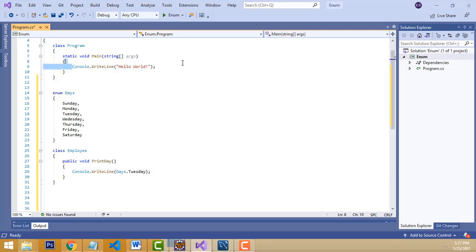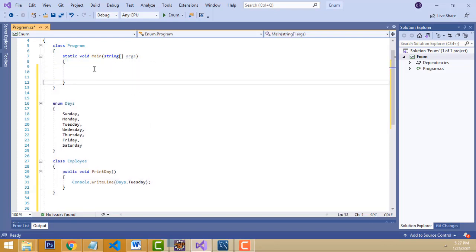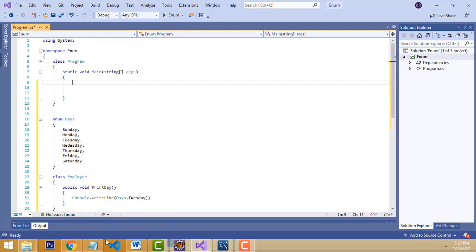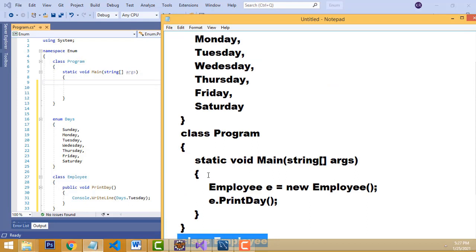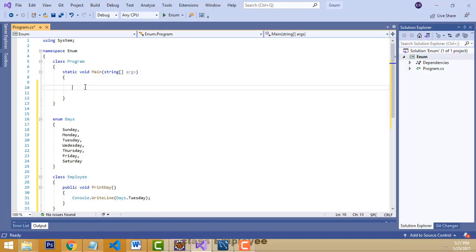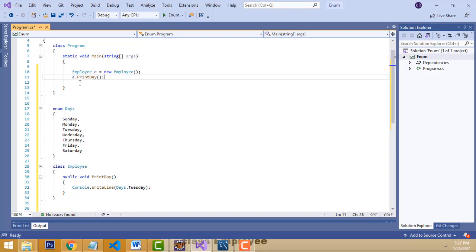Now I am going to execute inside the main method of this class. I already discussed all this stuff in our last tutorial, so without wasting time I just copy and paste it. This is our class name, and inside the main method we have to call the class name. I have created the object E, using the keyword new, as new Employee. E is the object creation of the Employee class.